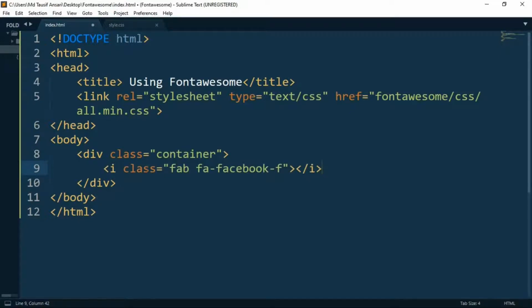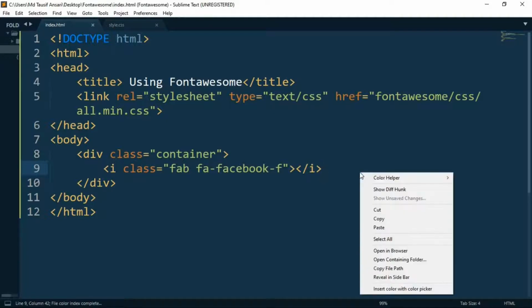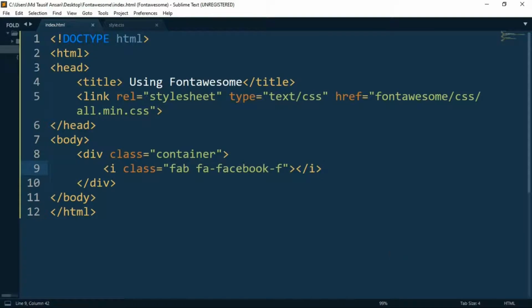Okay guys, that's very easy. This Font Awesome is very easy, and just open it in your browser, and as you can see here, you have got one Facebook icon. You can style it in your web page, in your CSS file.